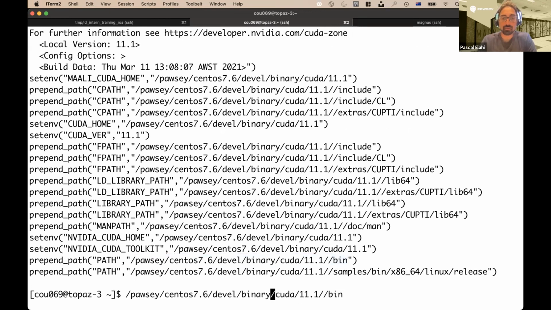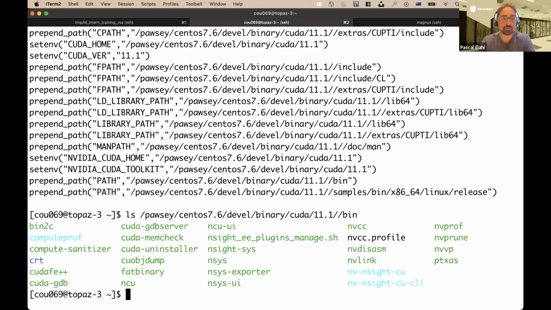Look in the binary directory and you'll be like, okay, these are the executables that I can run, that I get given access to, right? So you can see these naming conventions here, CUDA, memcheck, etc. Now I module swap